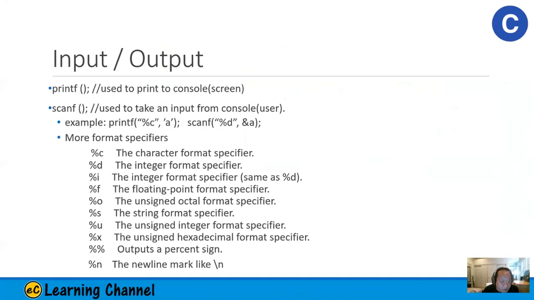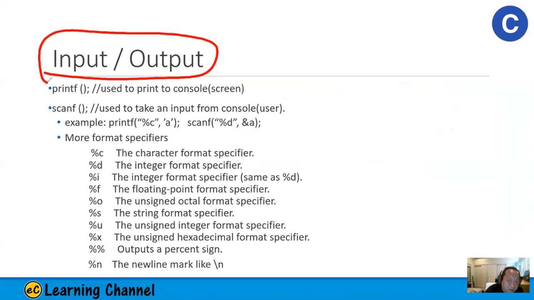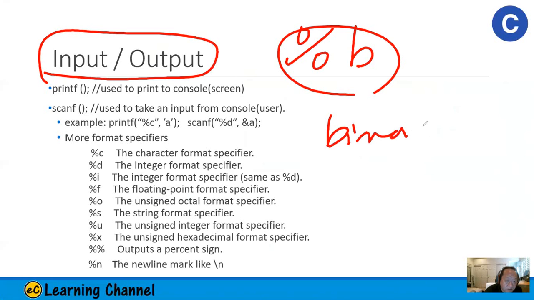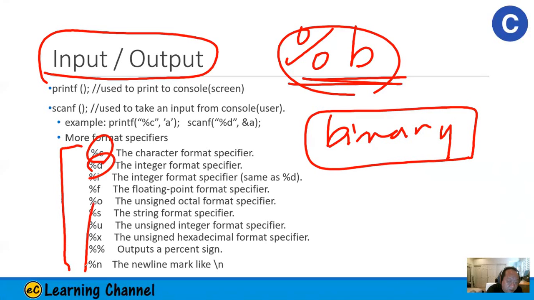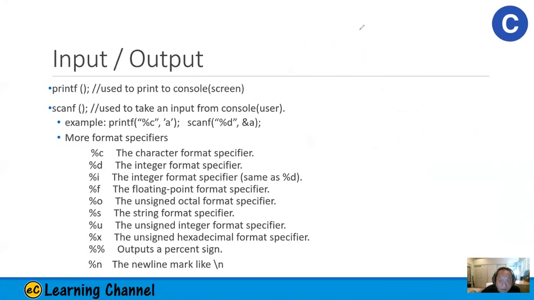So input output flag, you know, right here. But the only thing in the C language is that printf doesn't support %b for binary. That's one thing you need to think about, how to do it by yourself. It doesn't support a binary format output. Other than that, your character output and integer output are all the same, including Unicode output, similar to Python and Java. Okay,